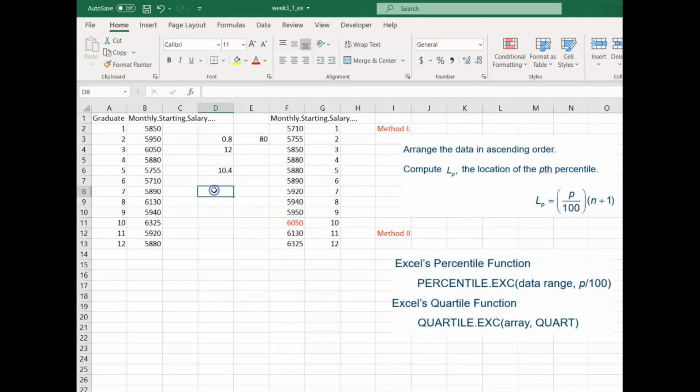So the 80% percentile is number 10 plus 40%, which is 10.4. 0.4 means 40%. It's 0.4 times the difference between number 11 and number 10. So it's A12 minus A11. So the percentile is